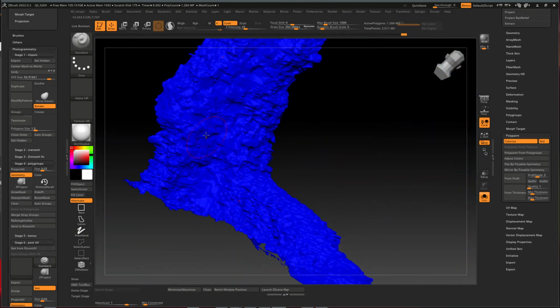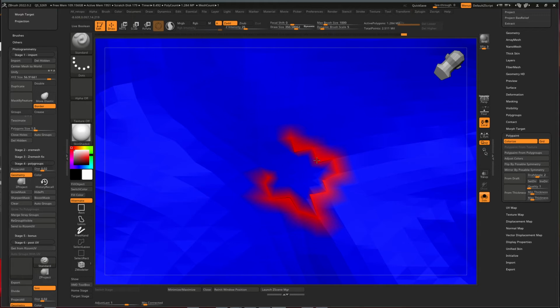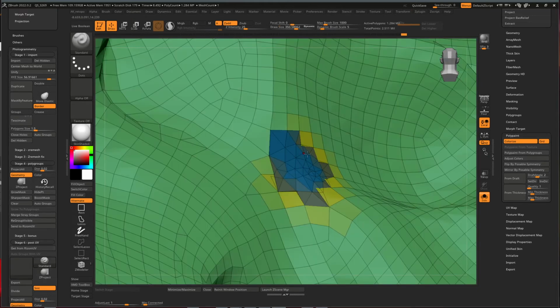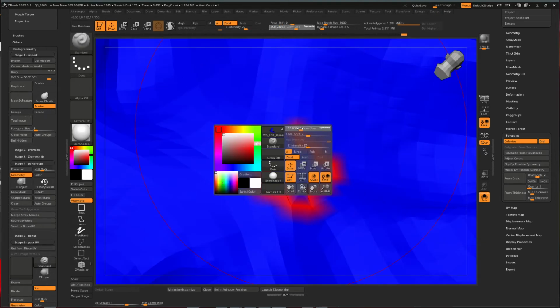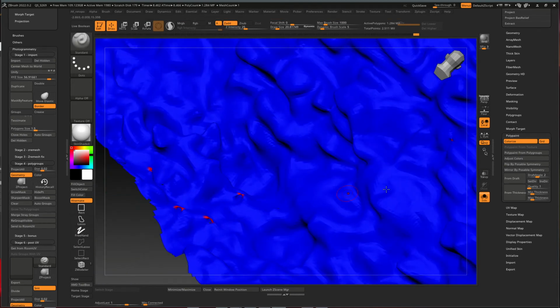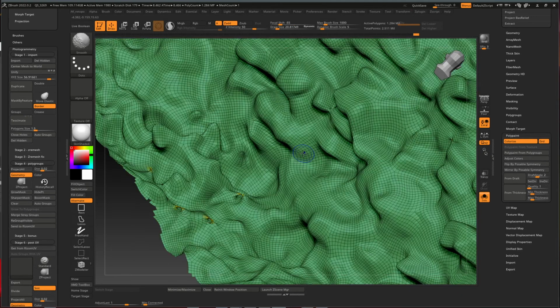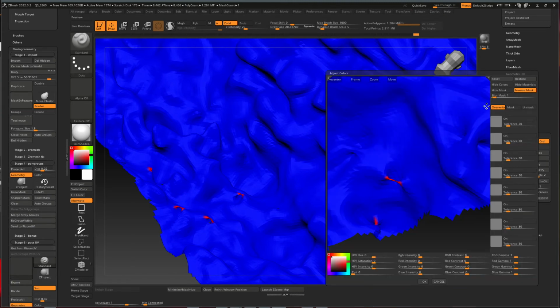Okay, so let's say we have our value that catches all of those problematic spots. Up here I see we have a folded geometry that just needs some smoothing, a smooth brush really quickly. And let's once again analyze it. So that place is supposed to be fixed right now. Yeah, there it is. From that point, we can translate those colors into the selection, which is really great for us. To do that, click Add Use Colors, and up here